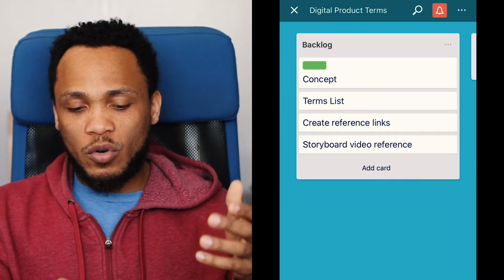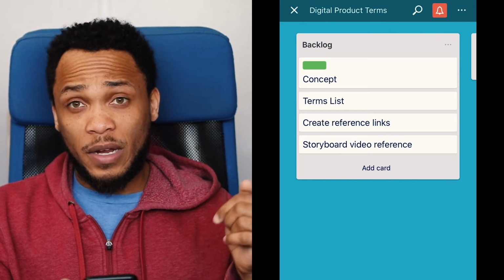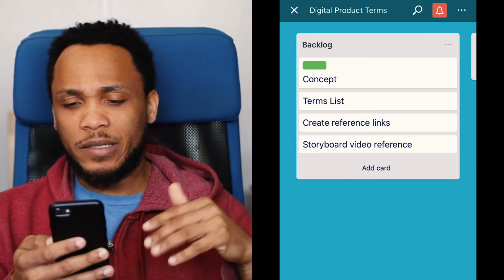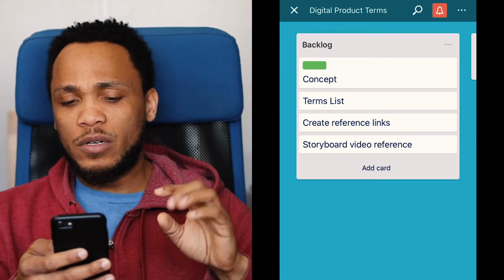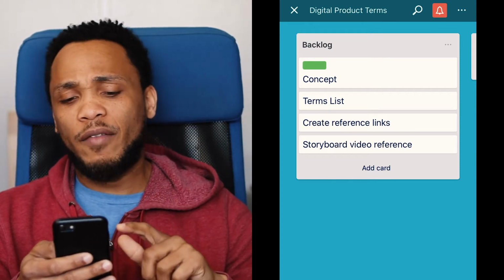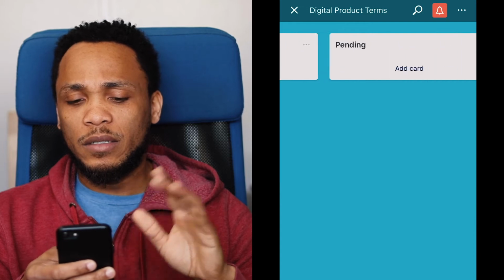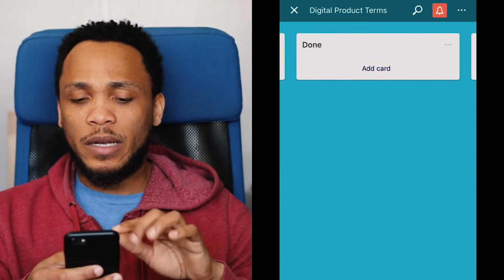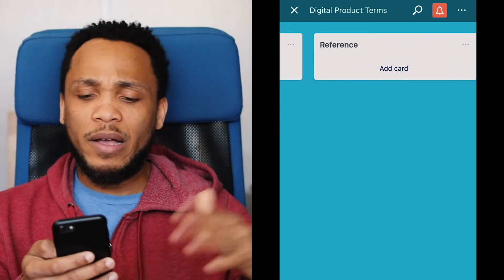So jumping into a quick Trello board that I've made and created. And this particular board, it has everything to do with product terms. I'm an avid user, so I live and die by this. I have a backlog, doing, pending, things that are in review, things that are done, and reference material. That's kind of how I set simple